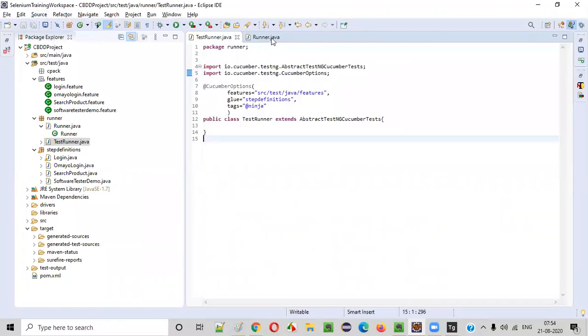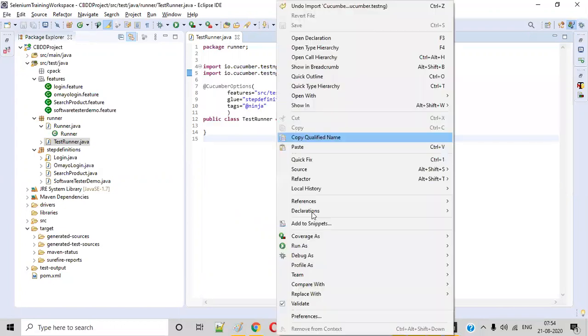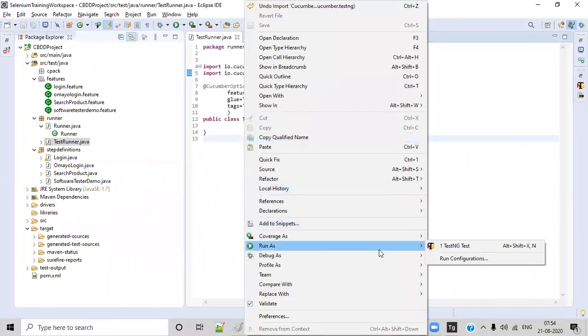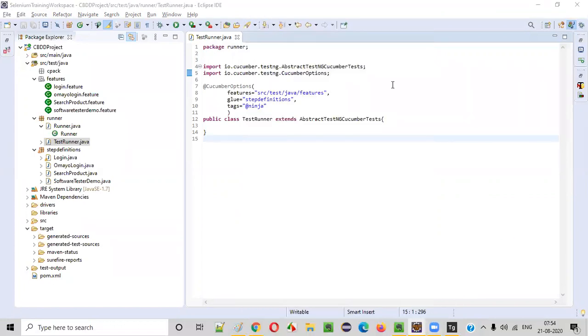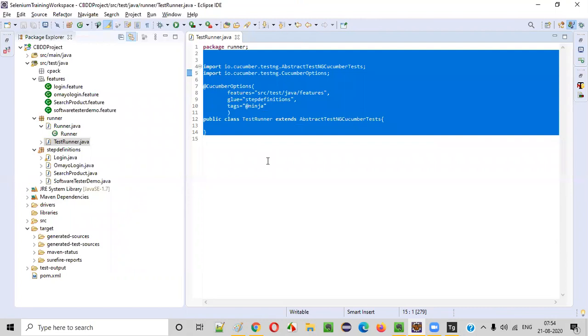Once you see everything as TestNG in this class, let's try to run this runner class and see what is happening. This run should happen on TestNG, guys, not JUnit. Right click, run as. You see which option you are getting, JUnit or TestNG this time? Yes, TestNG. So we created a runner class for TestNG.